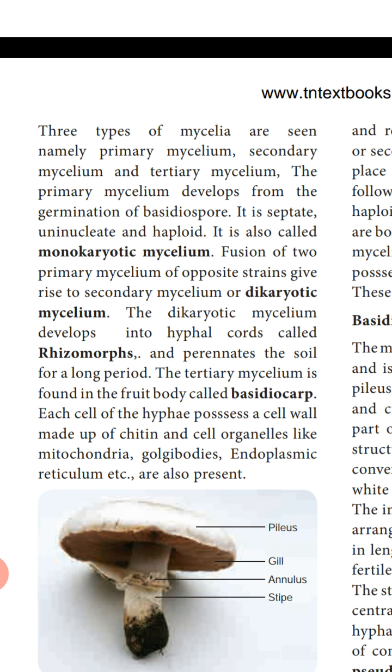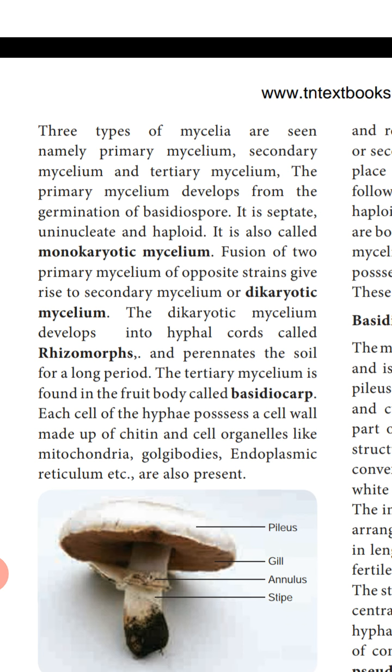Next, fusion of two primary mycelia of opposite strains will take place. Two mycelia of different strains fuse to form a secondary mycelium. As we already studied in the general characteristics of Basidiomycetes, when the two hyphae fuse, only the cytoplasm fuses and the nuclei do not fuse. That condition is called the dikaryotic condition, and it is a prolonged condition in the Basidiomycetes. So fusion of the primary mycelia of opposite strains gives rise to the secondary mycelium, which is called the dikaryotic mycelium, because two nuclei are present in each cell of that hypha.